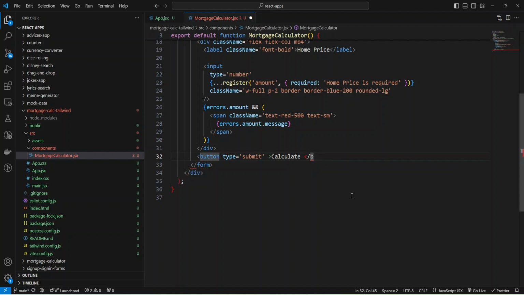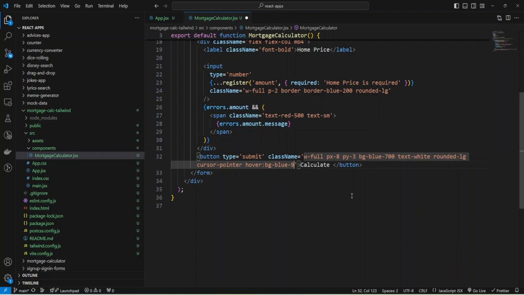Okay, I can remove this and close it here, and let's provide styles, make class name, and make full width, and also we can add some padding y, and we can make background blue, and let's do it 700, and let me add text white, and make it rounded large, and let's make cursor pointer, and also during hovering I'll change background color to blue 900.